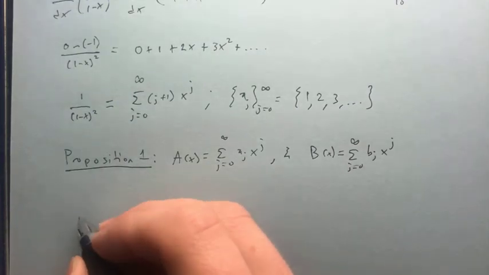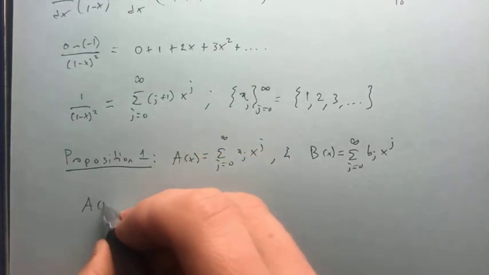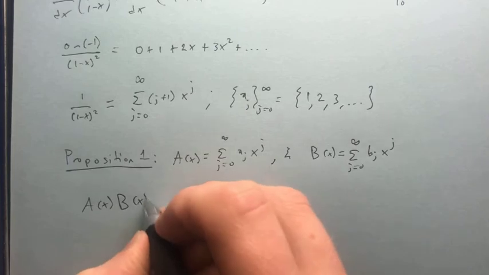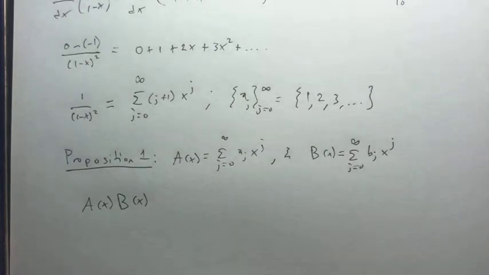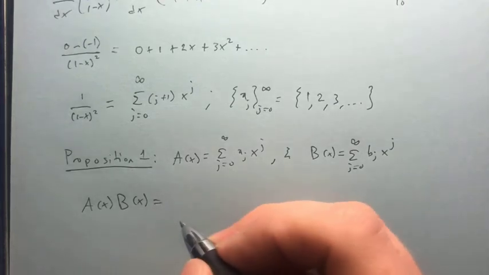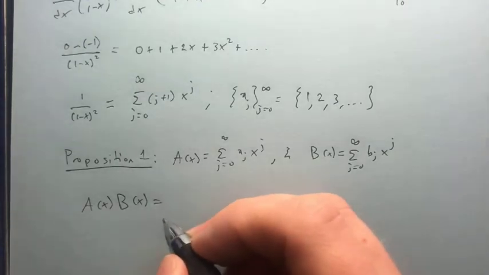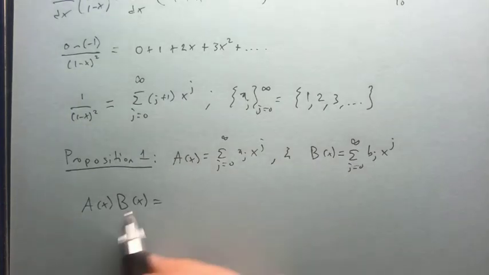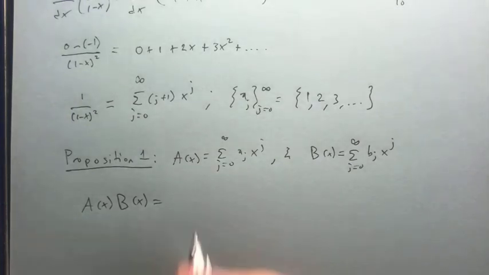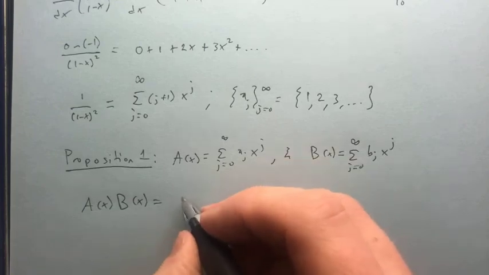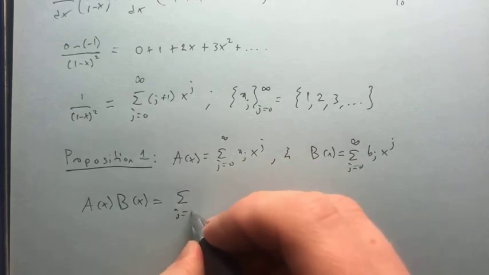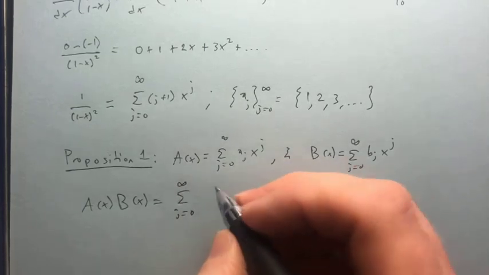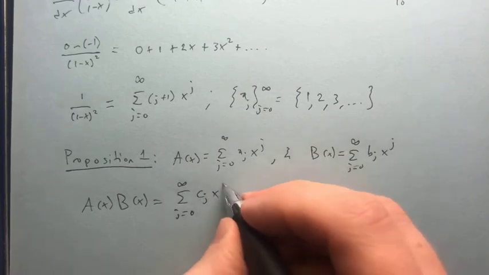Then we have that the product a of x times b of x, so just the function which is a product here, so this isn't like a convolution or anything like that. Well, you'll see how it relates to convolution if you've heard of that before. But I'm just multiplying two things together, and it is going to be the sum as j goes from 0 to infinity of c_j x to the j,